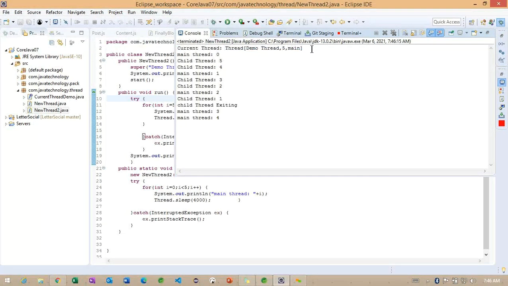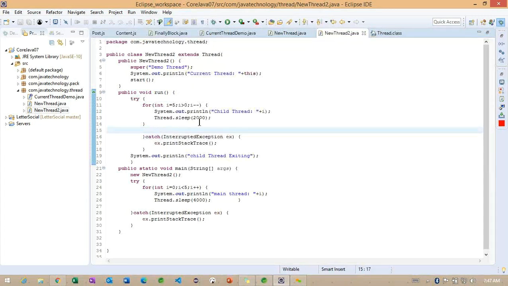You can observe after that, what happened internally? Main thread is called. Later, what's happening here? The child thread is called, because while this main thread is sleeping, the child thread is executing. And when this child thread enters sleep mode, the main thread comes out of sleep mode and is executed. Later, the child thread. Why is the child thread executing 2 times? Because the sleeping time is less than that of the